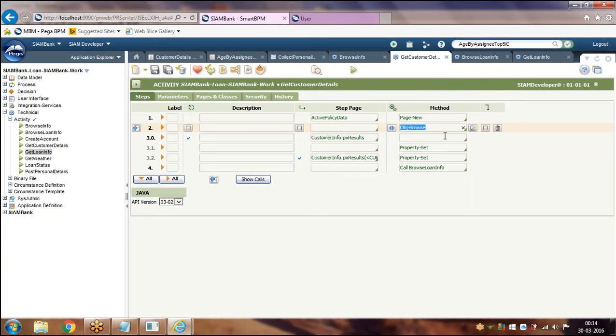Generally not for a single step. You will not be creating a stub activity and calling that. Generally you will have multiple reusable steps that might be used in multiple classes, multiple activities. For those scenarios you will create a stub activity, like a child activity, and refer to that activity in multiple activities using the call or branch method.